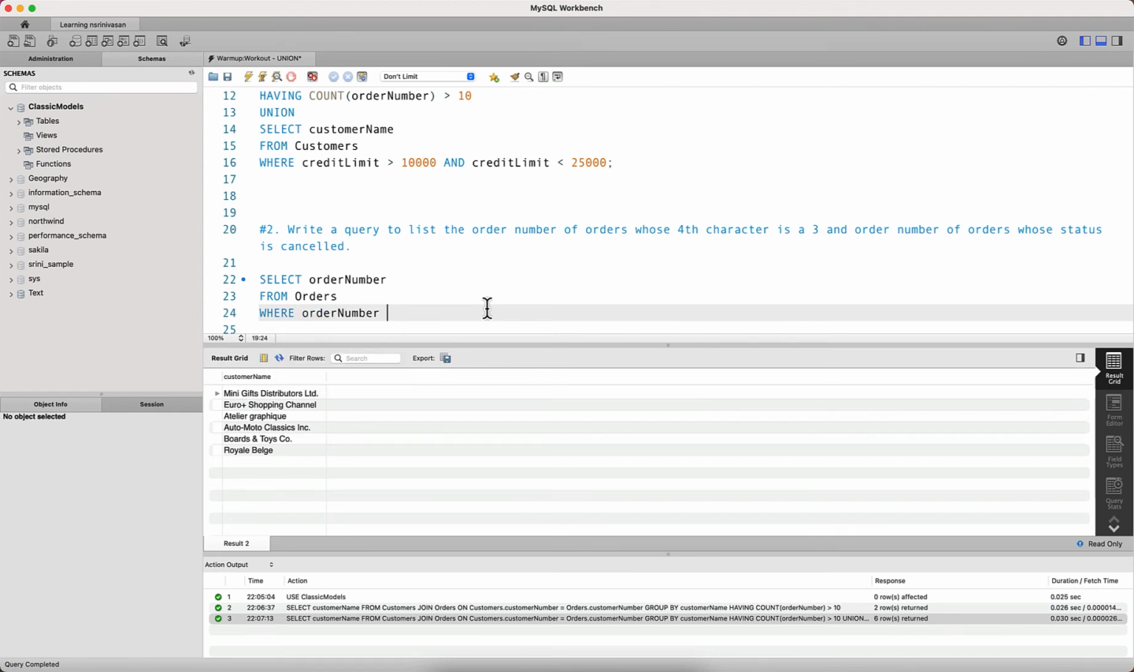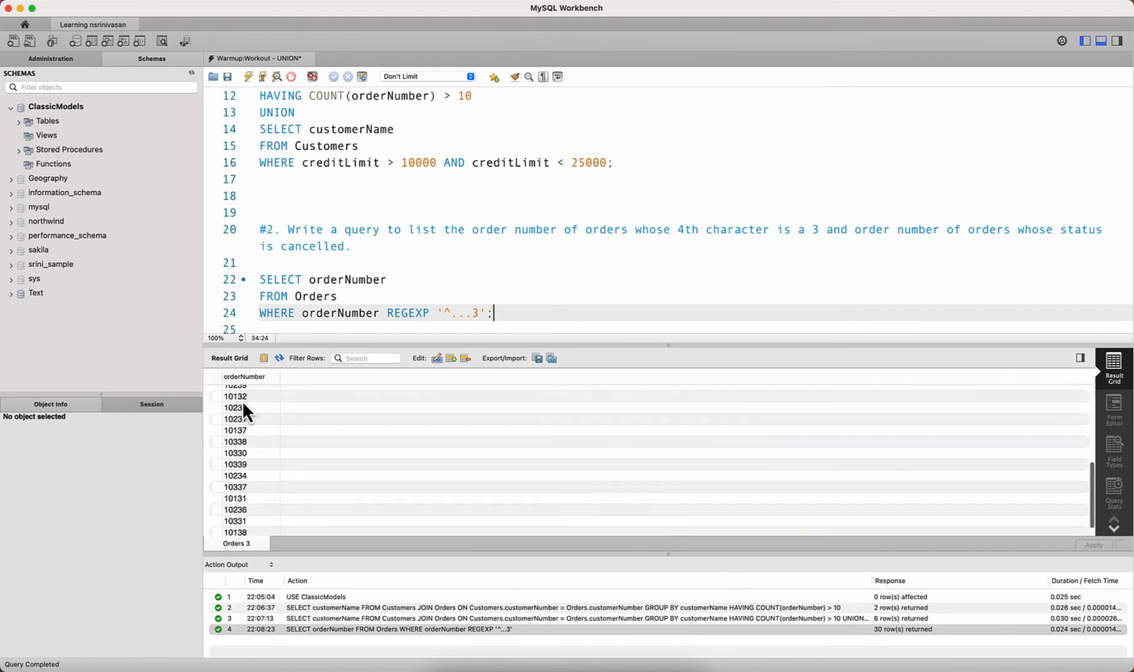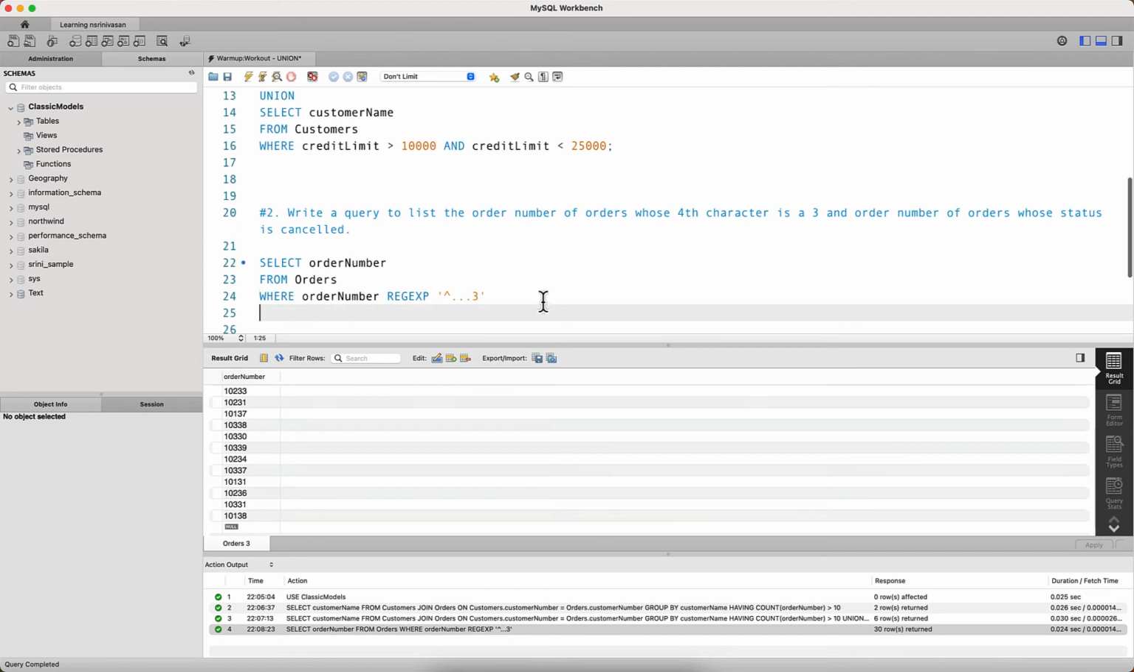Now, for me to find the fourth character, I'm going to use the regular expression. And I'm going to say starts with 1, 2, 3, and then the fourth character has to be a 3. And so if I run this, I see that I have 30 rows returned where the fourth character is a 3. But this is not the only query result I want. I also want orders whose status is cancelled. And so I'm going to union this with